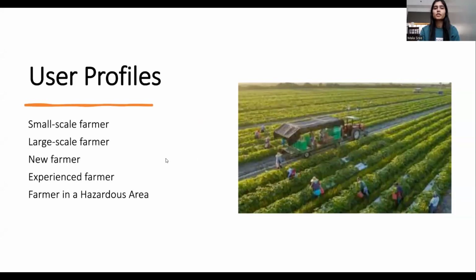In this project formsheet, we have used different user profiles like small scale farmer, large scale farmer, new farmer, experienced farmer, and farmer in a hazardous area. So let's first talk about the small scale farmer. The farmer who runs a tiny farm and grows both crops and livestock. They are generally looking for a simple and low cost solution to safeguard their way of life